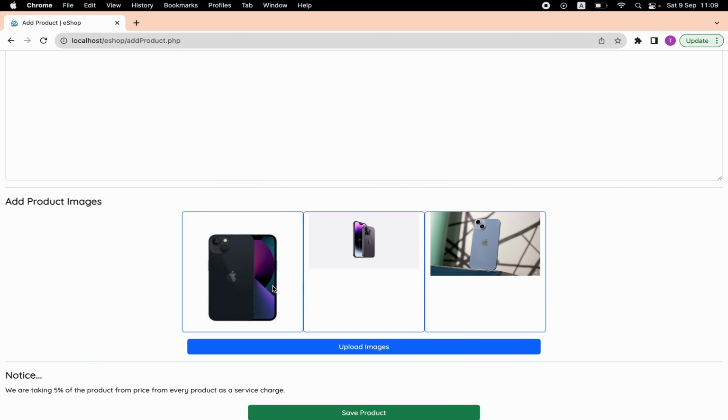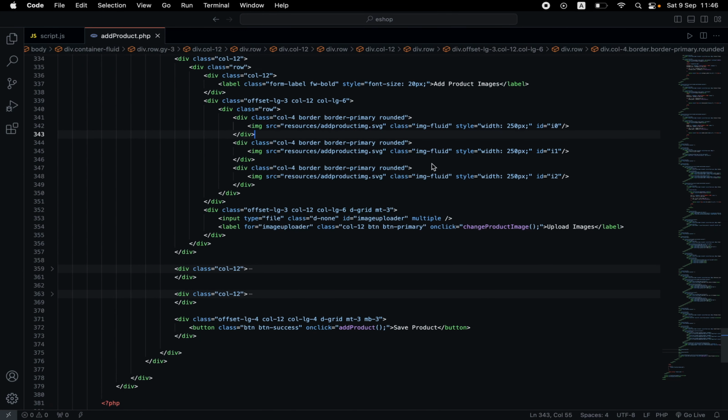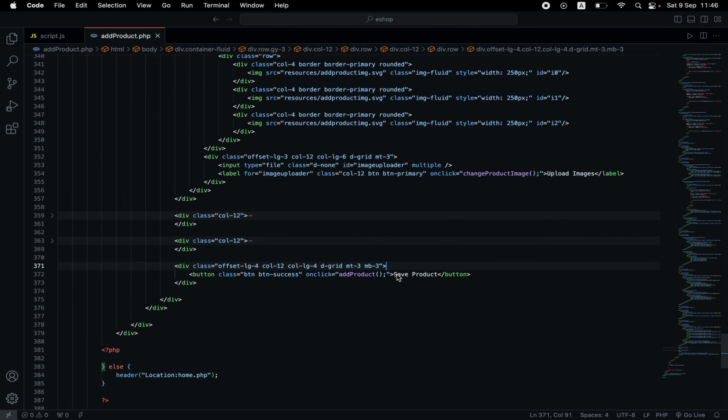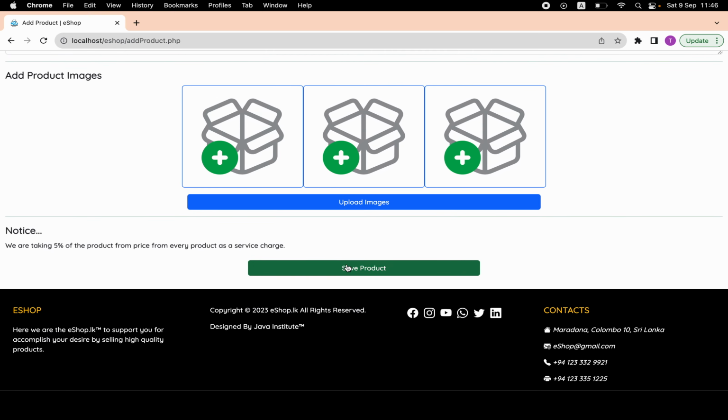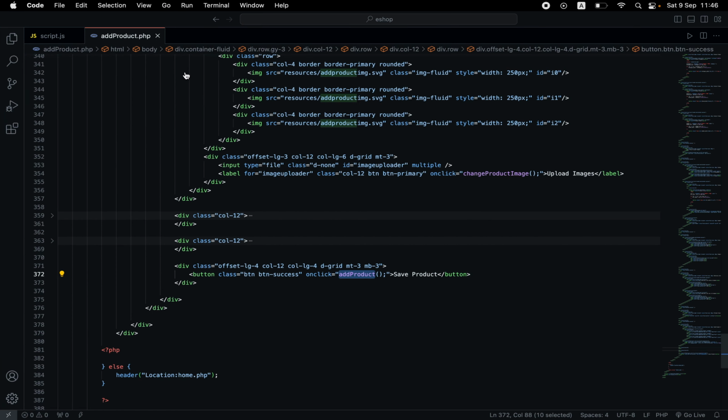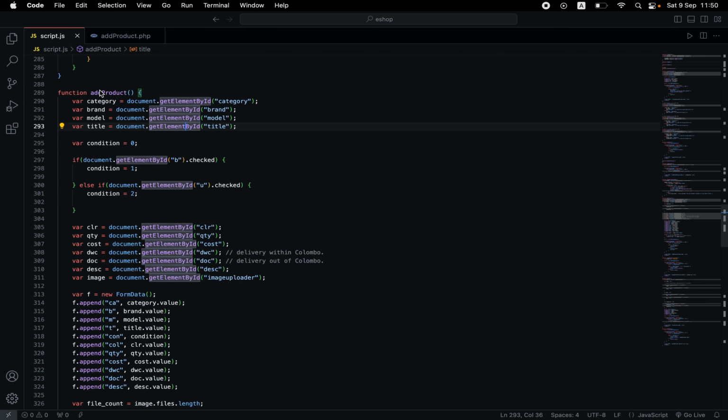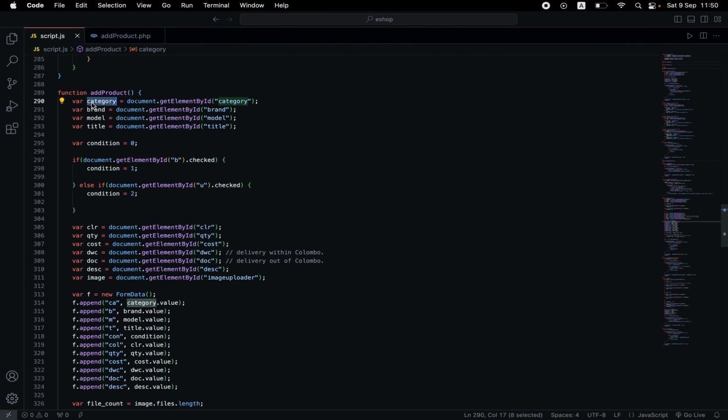See, it previews these three images. After the image preview functionality, we come to the save product button. After the user fills all these input fields, when the user clicks on the save product button, this function will be invoked. In the save product functionality, I am taking all the elements by ID and assigning them to these variables, and